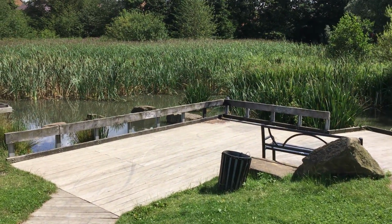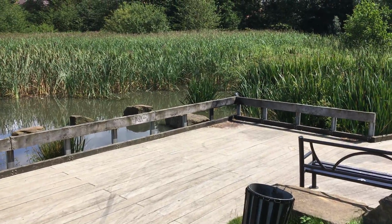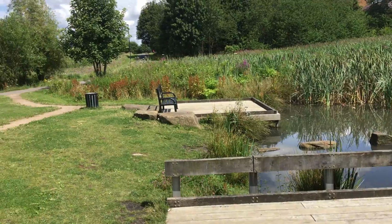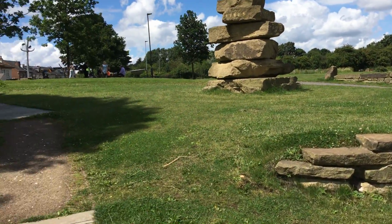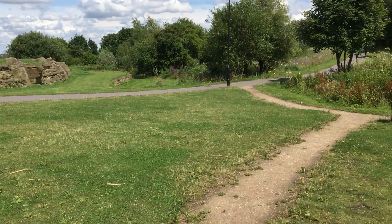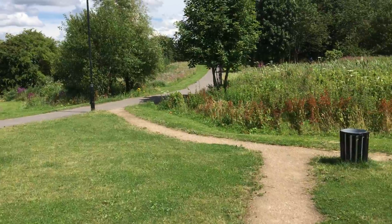This is at the top end, so this is the top pond here. And if I pan round, there's a playground there, and I want to walk this way. City Road is behind me,